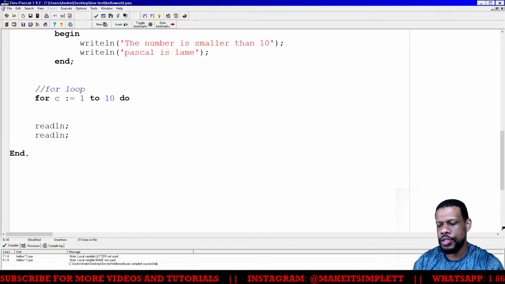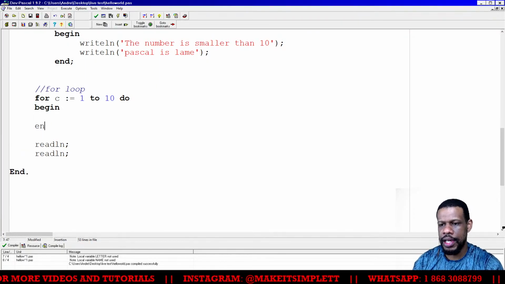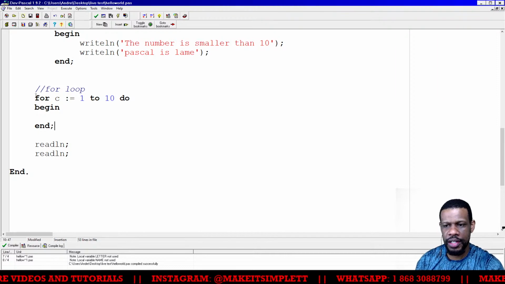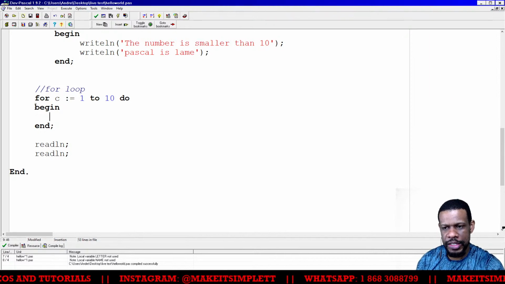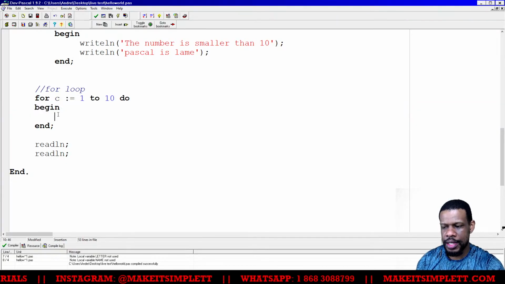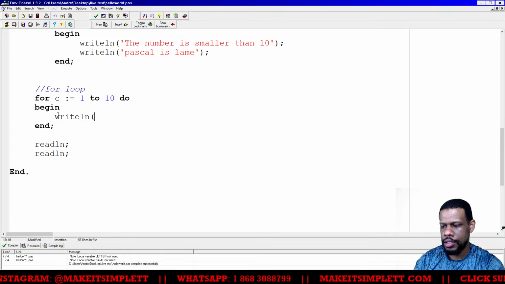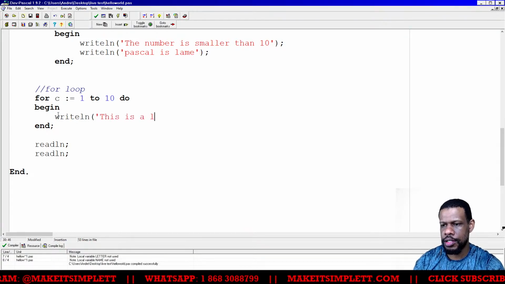So what do I want to do in the for loop? I have to put a begin, and I have to put an end, and the end must have a semicolon, because basically whatever goes between the begin and end is what is going to happen 10 times. So I'm going to print, writeln, this is a loop.